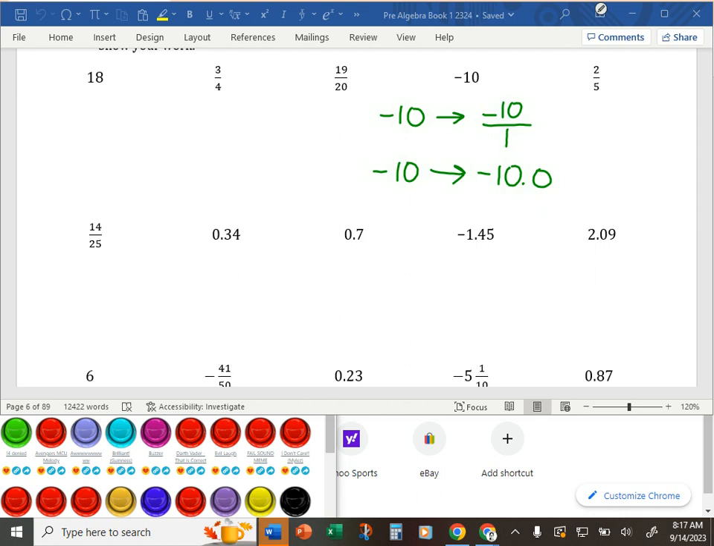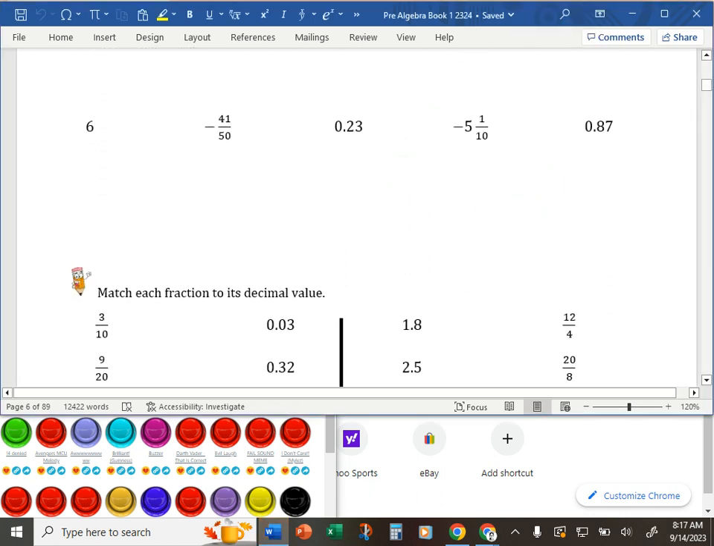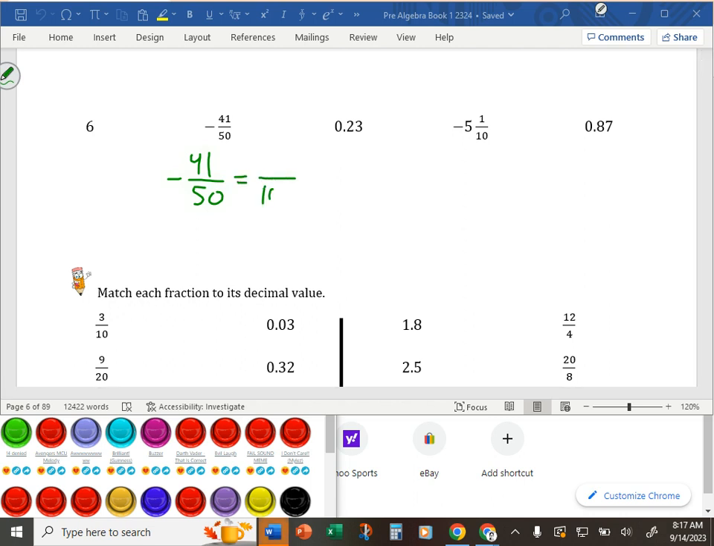So negative 41/50ths. The fact that it's negative doesn't really change anything as far as the process to convert it to a decimal. We still want this with a denominator of 100. So the question still remains, how do we get from 50 to 100? Times by 2. Double it, right? Multiply by 2. Which means you have to double the 41 to get